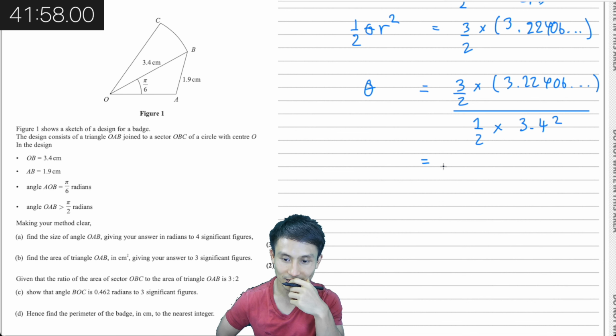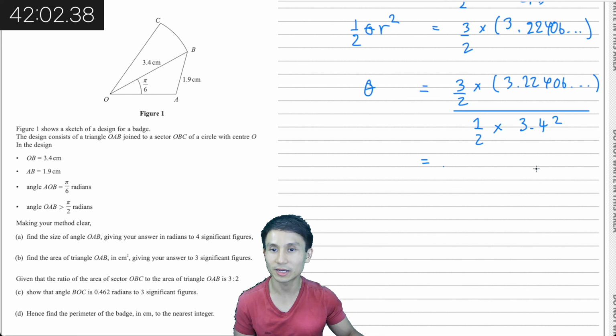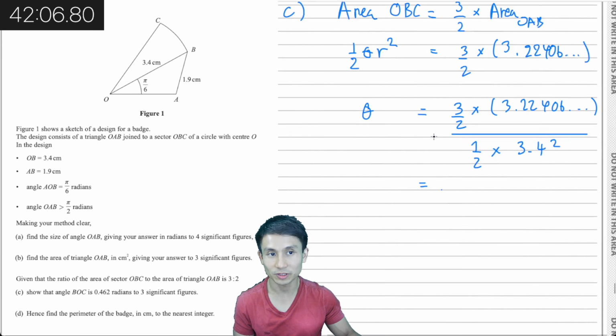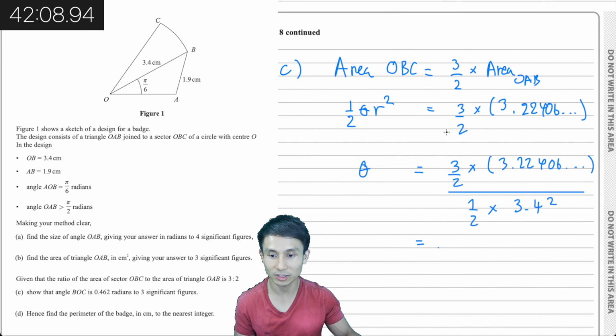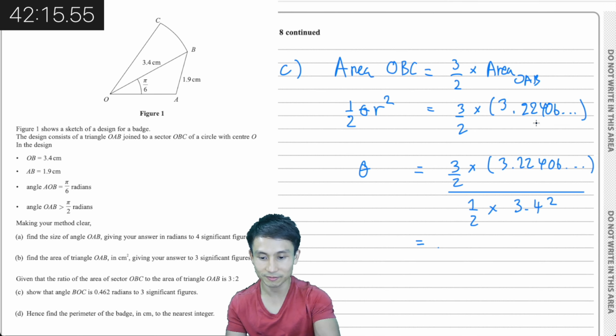It seems like I got about 2 times. Wait. The ratio of area of sector OBC is that. So that's 3 over 2. That's right. Yeah. I think I got the area of this guy wrong. Okay. Let me just try this again. 3 over 2